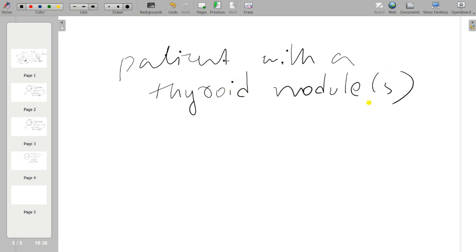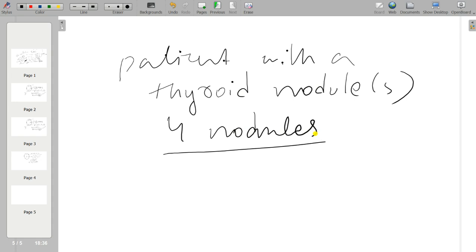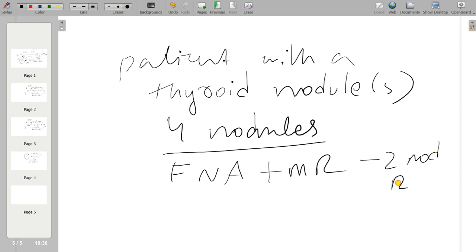Total the patient is having four nodules, and for all the nodules the doctor wants to diagnose what the problem is. So the provider has done fine needle aspiration with magnetic resonance for two nodules on the right side.